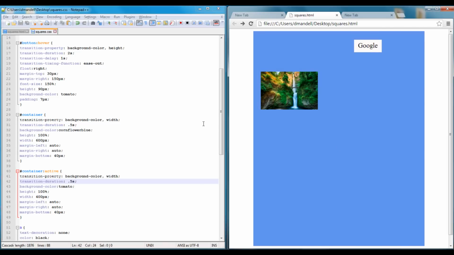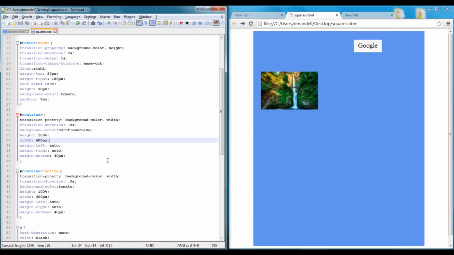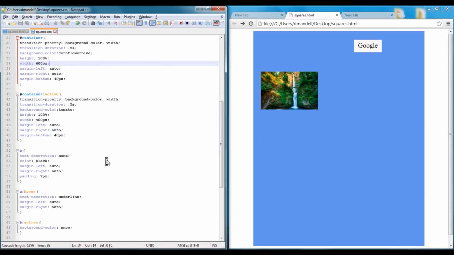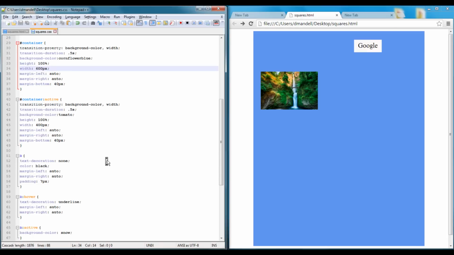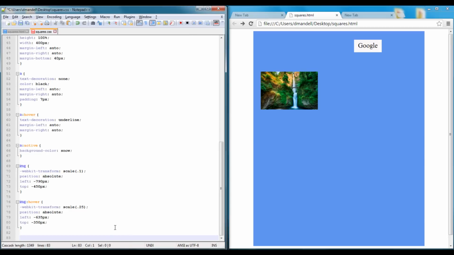So what else can you do? Well, as you saw when I put my mouse over this picture, I made it grow, right? So I can show you a little bit about that, and as I show it to you, I can talk to you about transforms. So here's my image selector. I'm going to get rid of this. Here's my image selector, and you'll notice that when I hover over it,